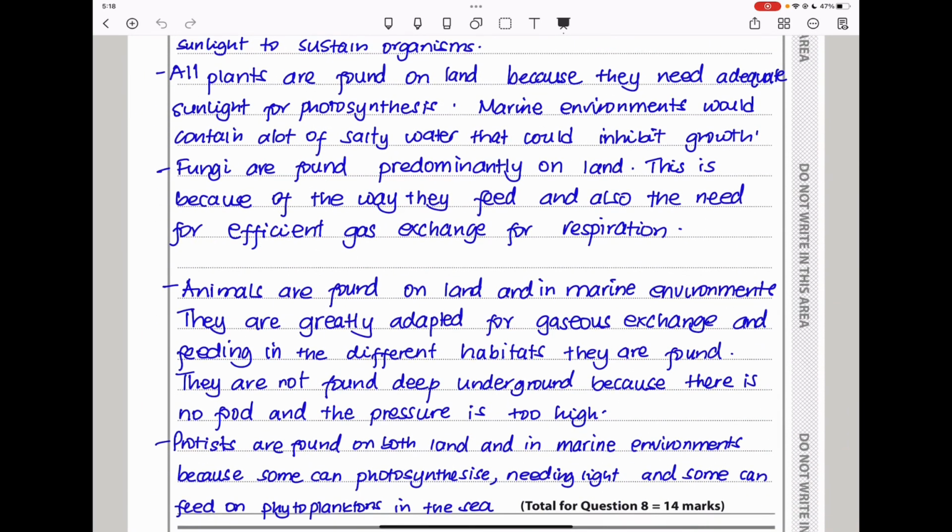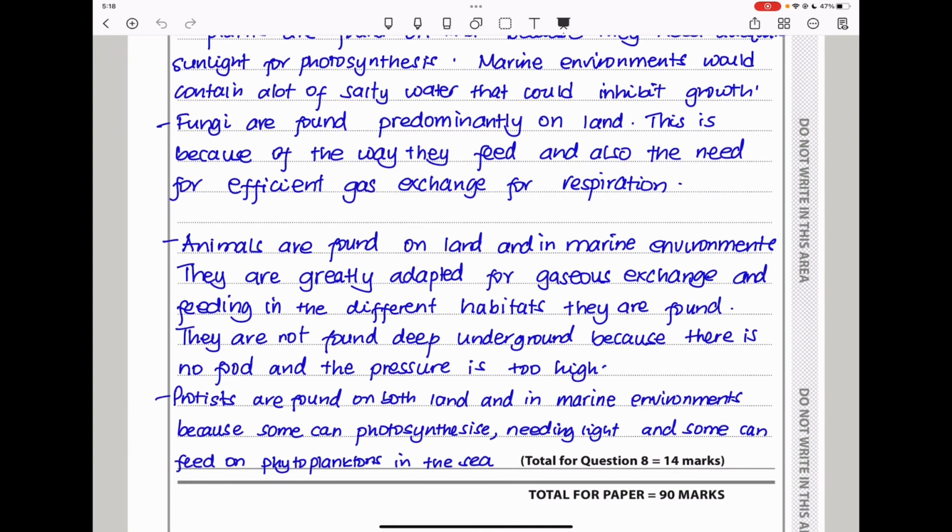Next, I went to animals. Animals are found on land and in marine environments. They are greatly adapted for gaseous exchange. As you can see, animals have different adaptations. Those found on land have lungs. Those found in the ocean or in the water have gills and other ways in which they can get oxygen into their bodies. So these great adaptations for gaseous exchange and feeding in the different habitats enable them to survive in different environments. They are not found deep underground because there is no food and the pressure is too high. Remember, the deeper you go, the higher the pressure of the water, so the pressure will be too high for